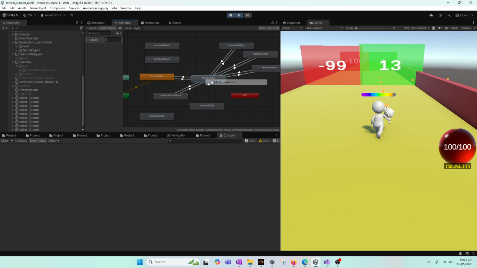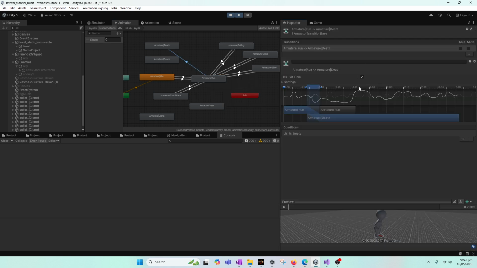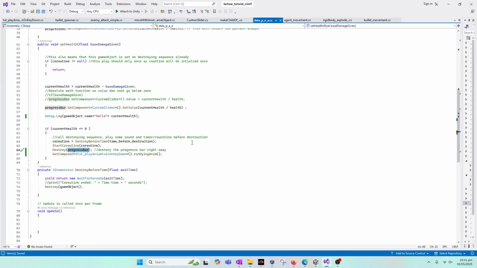So if we can make the transition here to death and set the value of it inside conditions, and the state equals 8 or simply 10. So if we can show you here in the